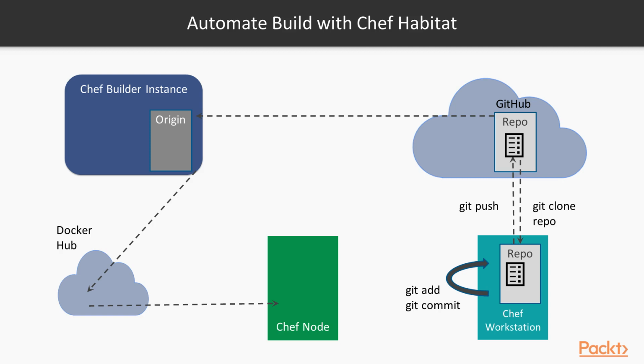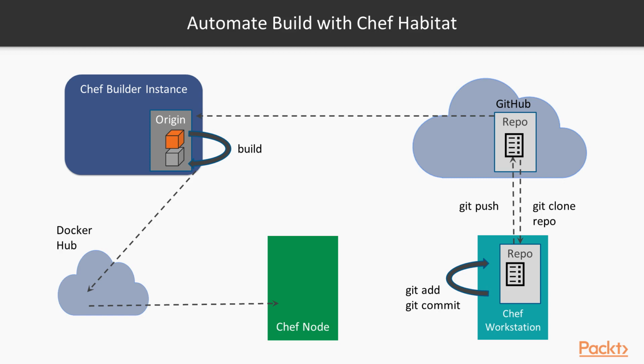But how does the Chef Builder instance interact with our GitHub account? We would have to authorize the Chef Builder instance to get access to our GitHub account. And whenever changes are made after the authorization is given, there would be a trigger, and the Builder instance understands that there is new code which has been pushed and that it needs to build it. It would go ahead and start the build. The build is triggered and the package is created.